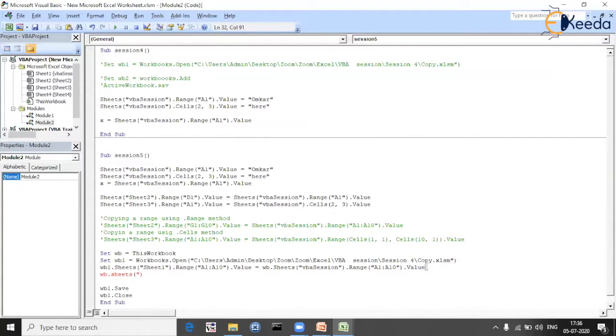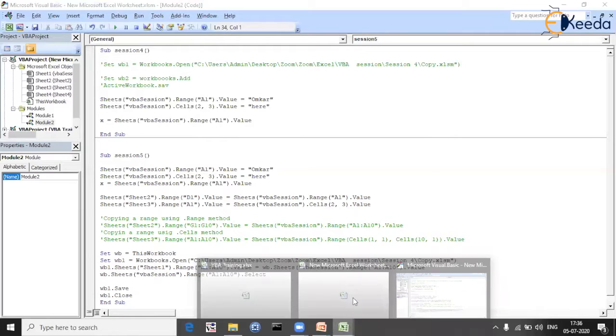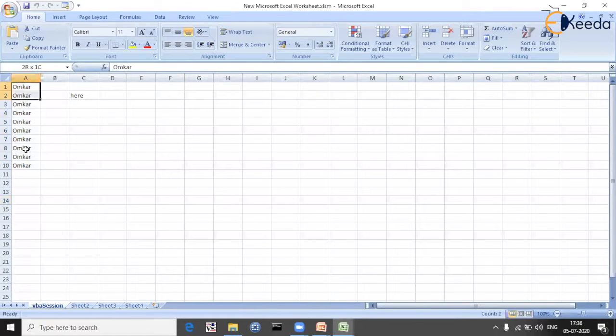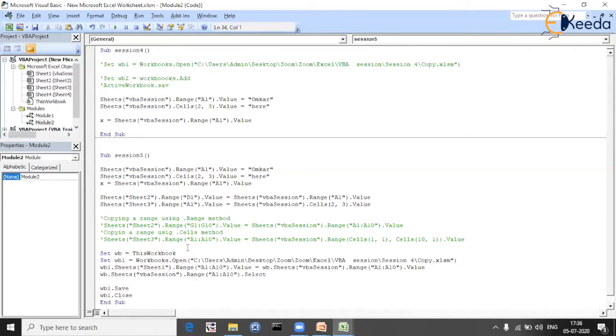Okay, I'm having this particular range. So what I will do is, this is the range which I want to copy, and I'll say select. So what we are doing with this particular thing is, we are selecting this particular range like this. Okay. The next line I'm going to write is